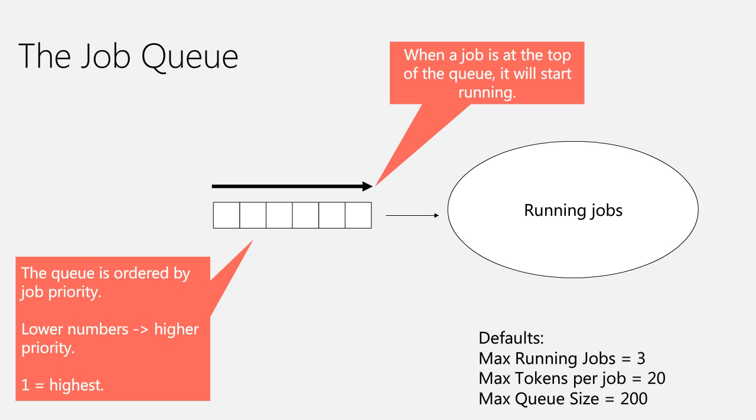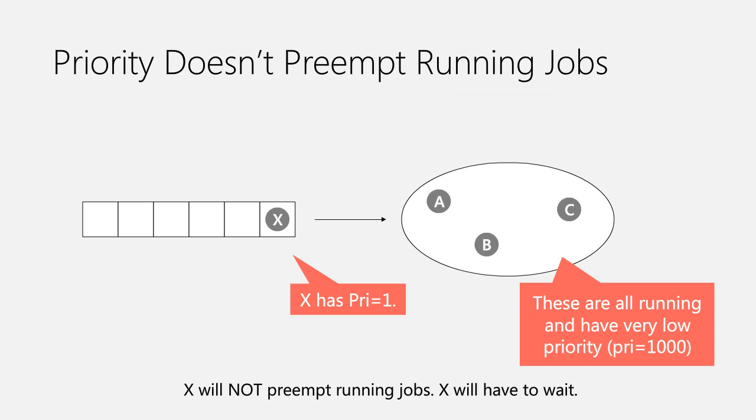The other question that customers or users ask: what if I give my priority as 1,000, and one more customer gives a higher priority? Let's say Ilyas gave a query with a priority of 1,000, and another user, say X, has given a priority of 1. If the query submitted by Ilyas has already started getting into scheduling and running, it will not be disturbed. It will not be preempted.